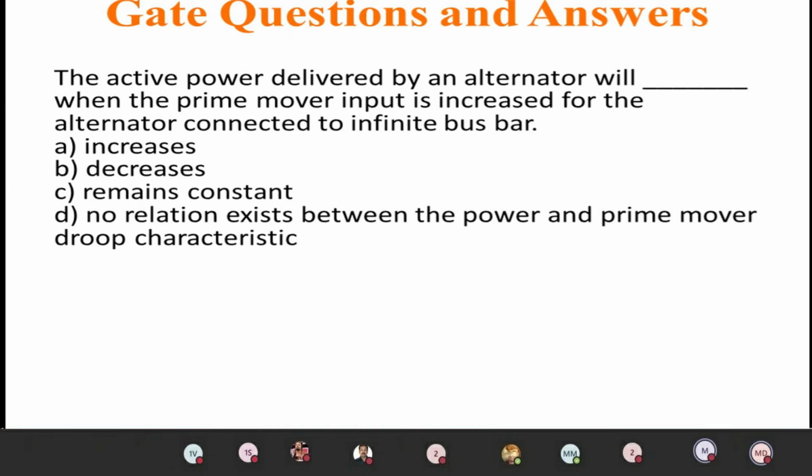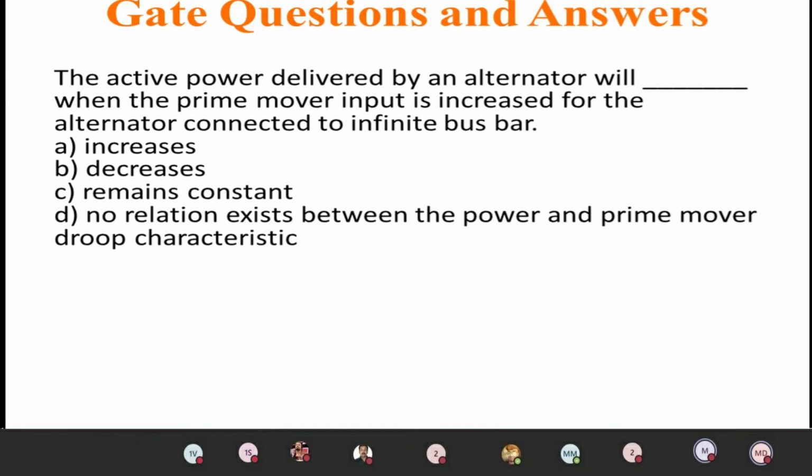So we know that after the parallel operation of alternator, we have three more conditions. While we satisfy that condition, that is voltage must be same, the frequency must be same, and the phase frequency must be same. This can be tested by using three methods: dark lamp method, bright lamp method, and the synchroscope method. By satisfying the condition of this method, we are paralleling the alternator.